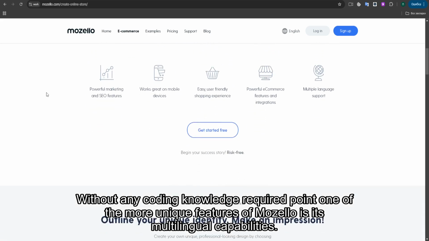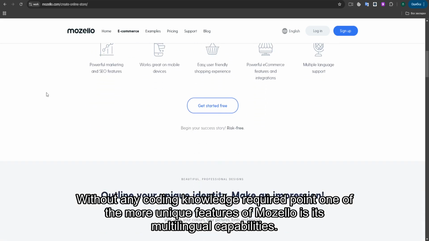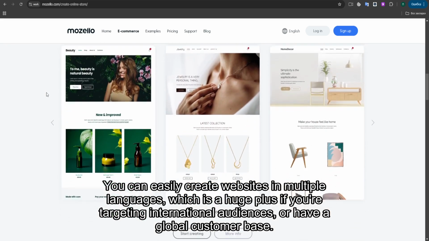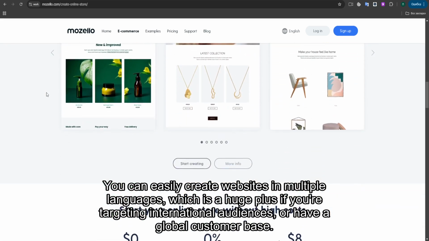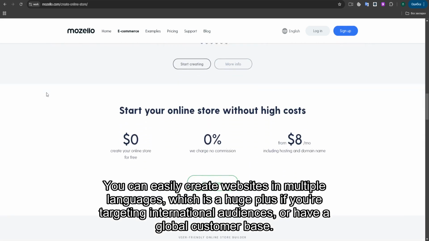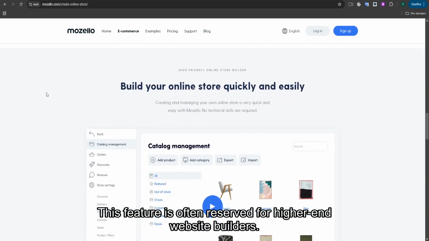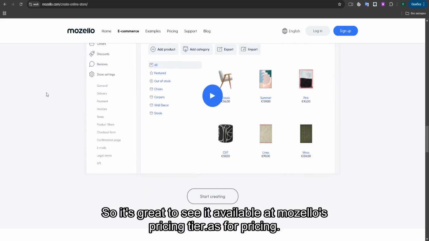One of the more unique features of Mozello is its multilingual capabilities. You can easily create websites in multiple languages, which is a huge plus if you're targeting international audiences or have a global customer base. This feature is often reserved for higher-end website builders, so it's great to see it available